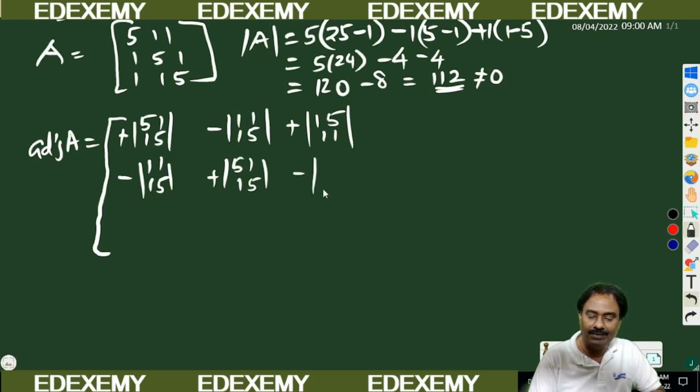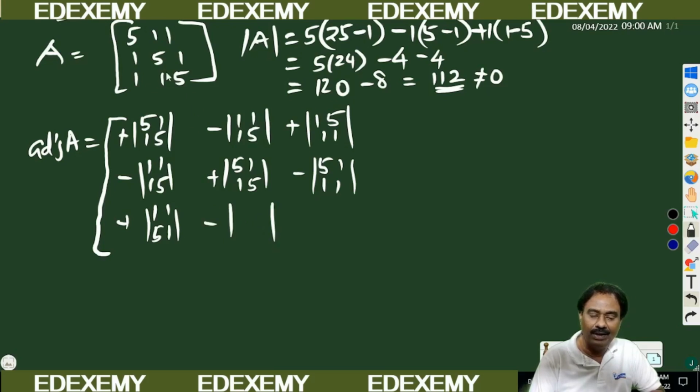Okay, the next minus, then you leave that row and column, then you will get 5 1 1 1. Okay. Now minus will become plus, determinant of, leave that row and column, you will get 1 1 5 1. Okay. Next plus will become minus,